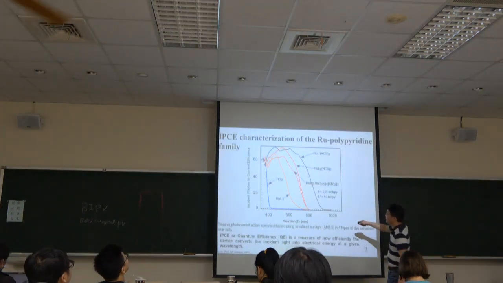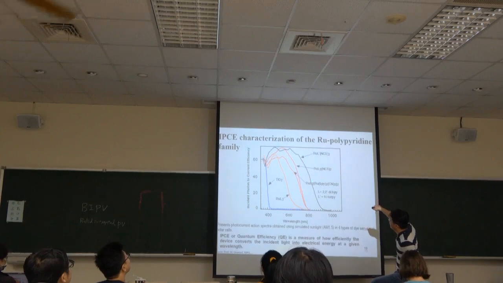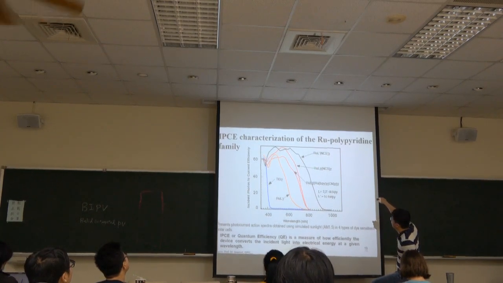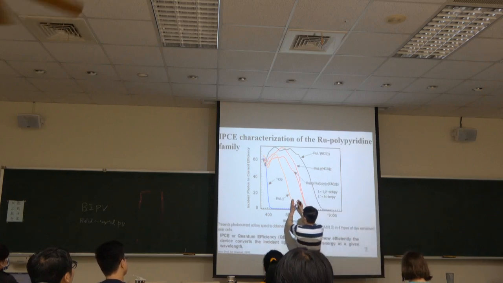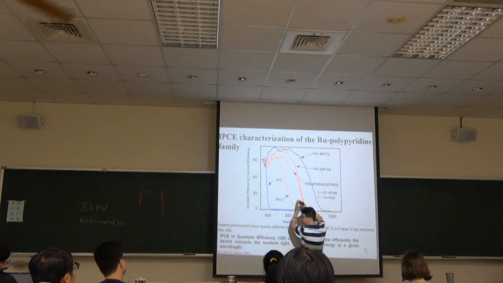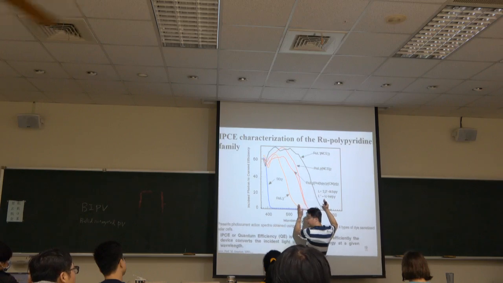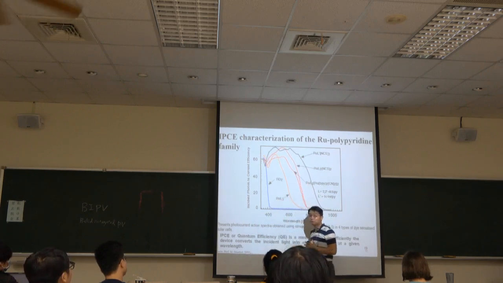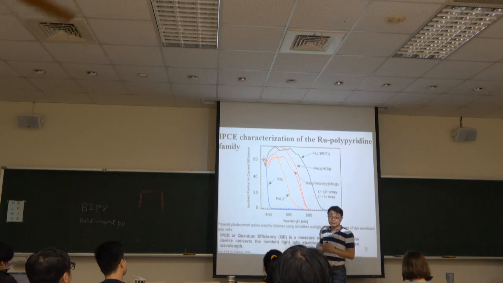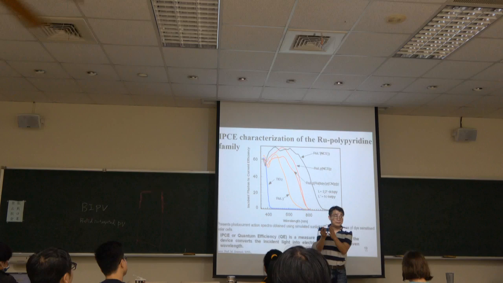This is the absorption edge, this is the dye absorption edge. We can base on the difference, this is a ruthenium dye, okay? Later I will show you about that. You have different wavelengths, right? So actually you can extend the absorption wavelengths to have more visible light absorption, because based on the traditional